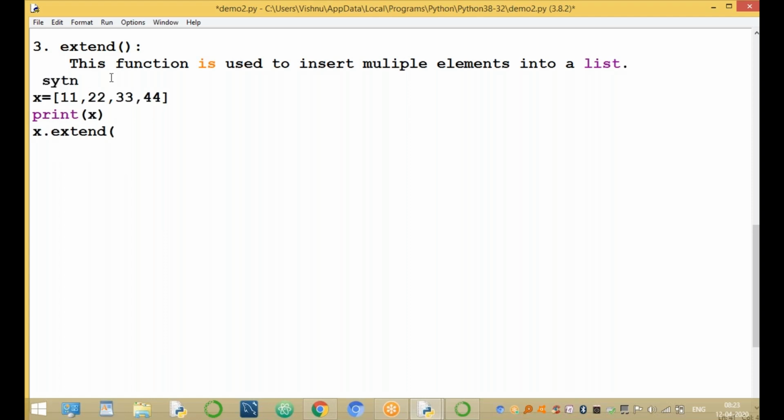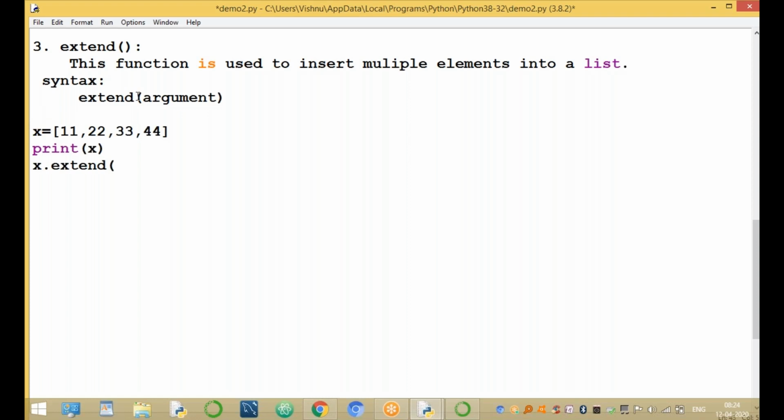The syntax of the extend function is list name dot extend of only one argument. It takes only one argument, and that argument is a list with more than one element.